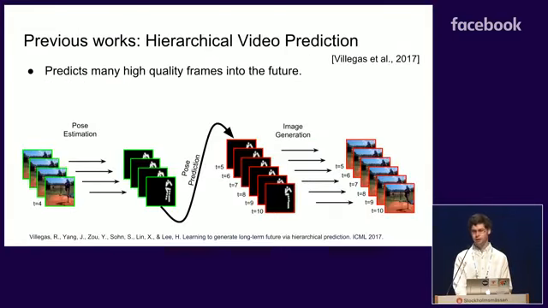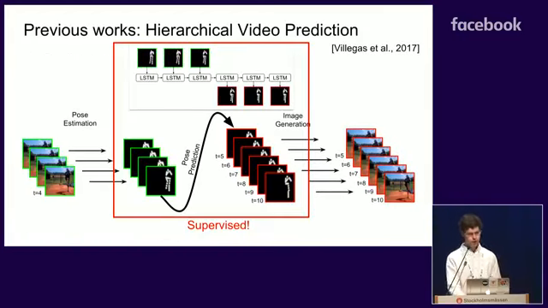An example of a method that does do well on long-term video prediction is the previous work of Ruben Villegas et al. This method works by first encoding each of the input frames to get the pose of the person in those frames, and then predicting what the pose will be in future frames. Then those pose predictions are decoded to get what the actual frames are going to be. The disadvantage of this method, though, is that it requires supervision in the form of having all of these human poses annotated in order to train each of the networks shown here.